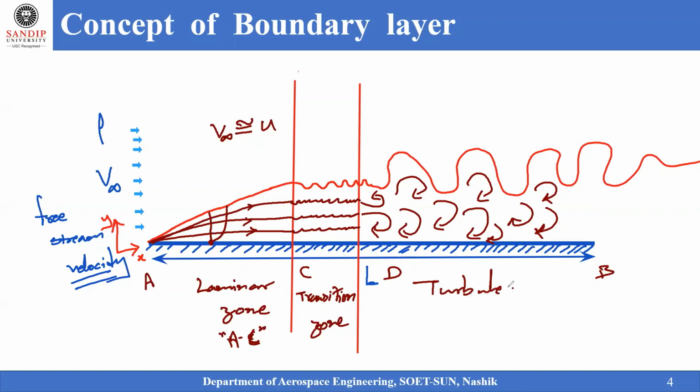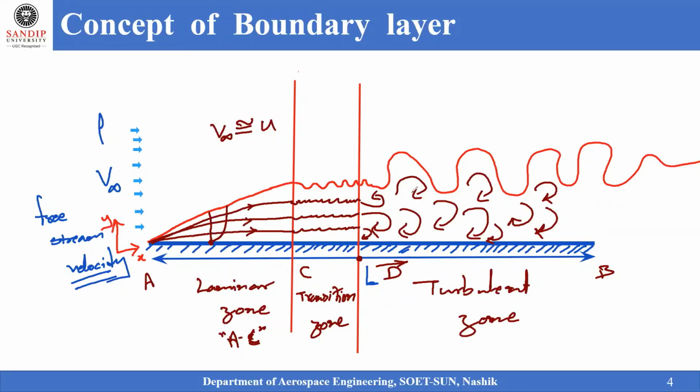This zone is called a turbulent zone. Whereas in the laminar zone, the fluid lines are parallel to each other, and at the surface the velocity of the fluid lines has become zero, and along the y direction the velocity was incrementing slowly, and up to a certain extent the flow lines were parallel to each other. And beyond that particular point C, the flow has been induced with some disturbance, and that zone we call a transition zone. And from the point D and beyond,